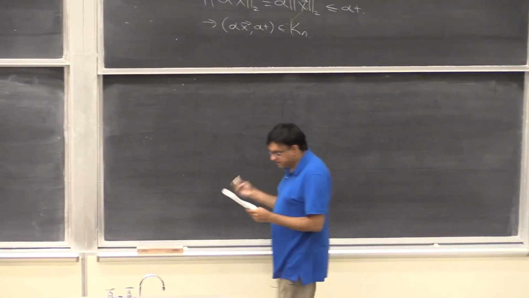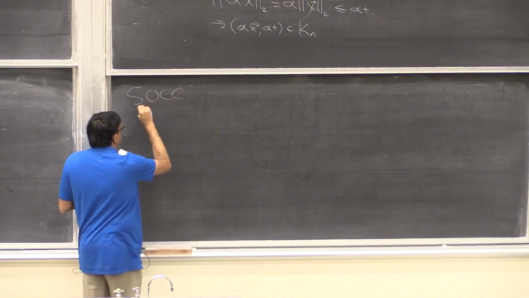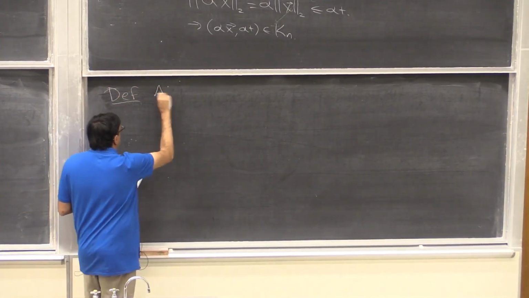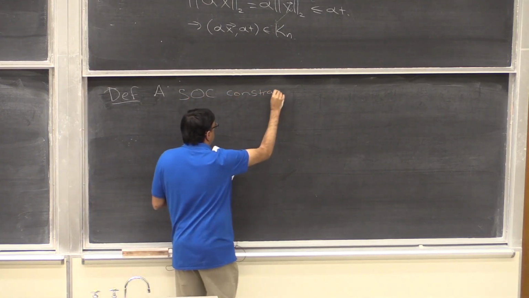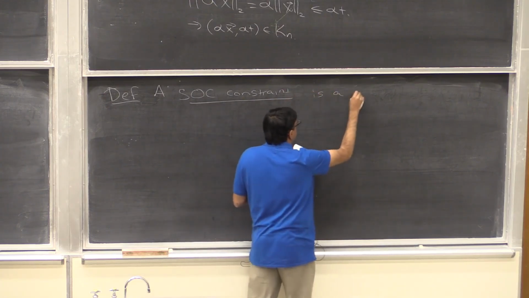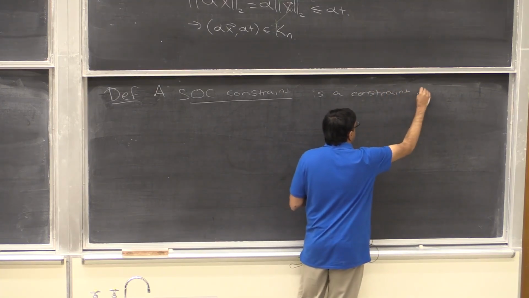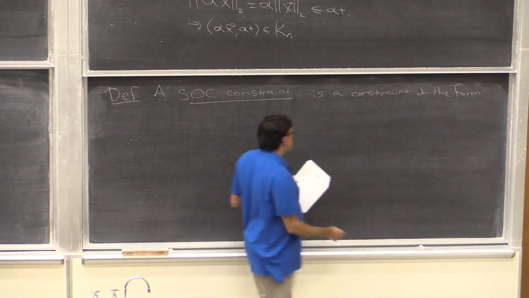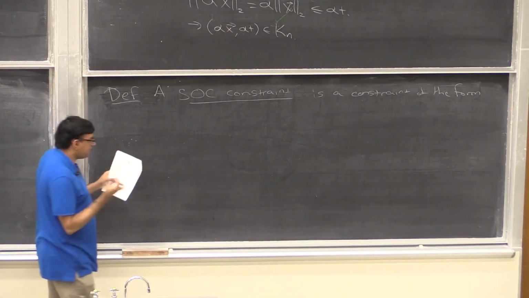The definition: an SOC constraint is a constraint of the form, given an optimization variable x, your constraint is of the form